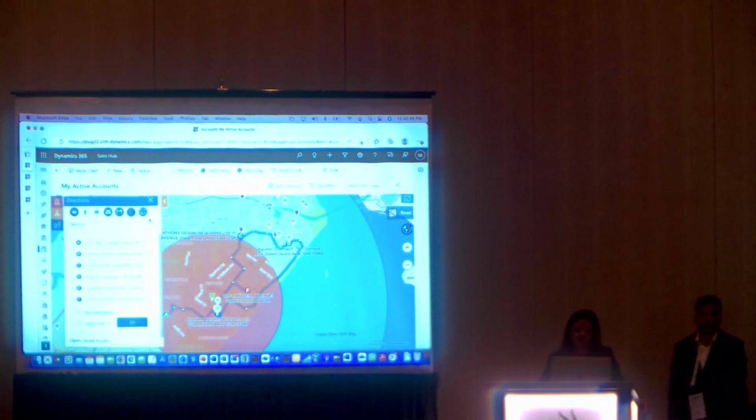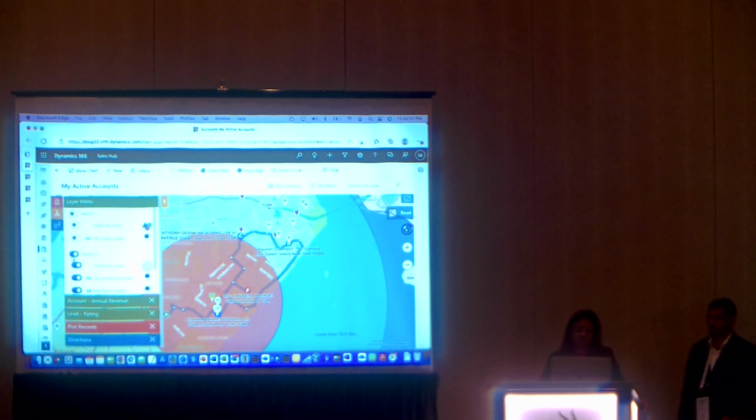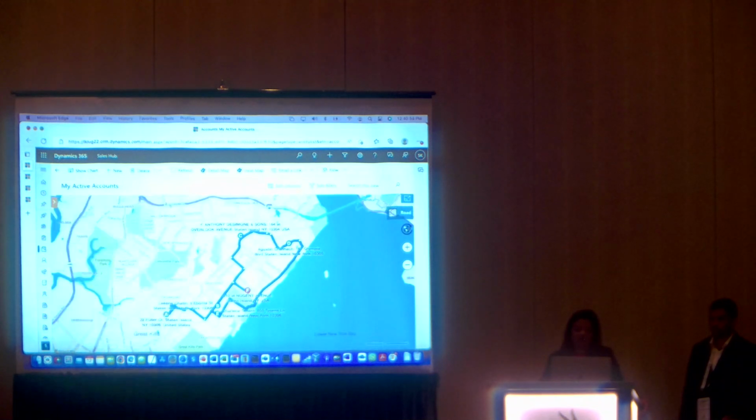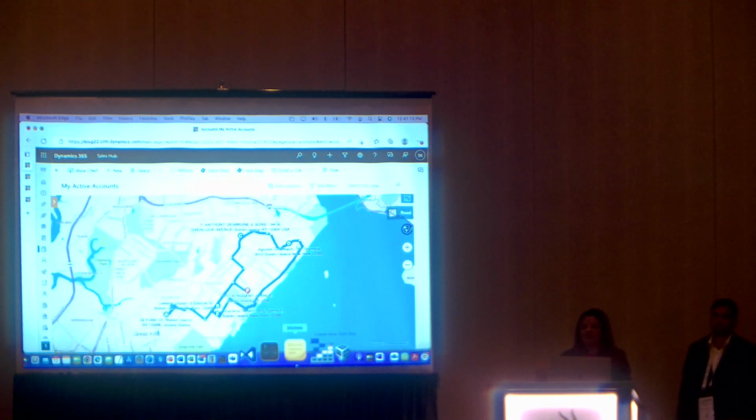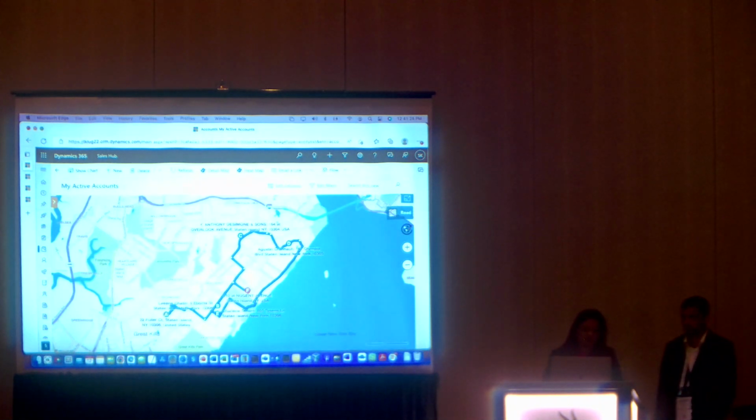Let me hide my search results now so that we can focus on the route. So this is the route that has been presented. Now, the route has been designed based on the waypoints or the stops that I added to the route. This is good when you have a particular order or sequence in which you want to visit your customers. But often with a traveling salesperson, it is all about setting up the best optimum route, and they'll just drop and make a call and move forward. If that is what you're looking for,